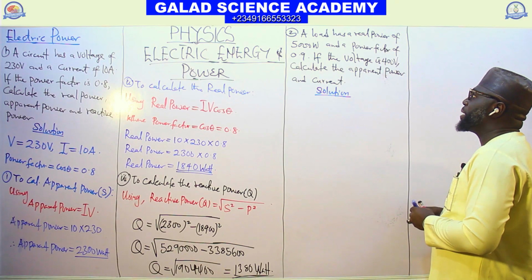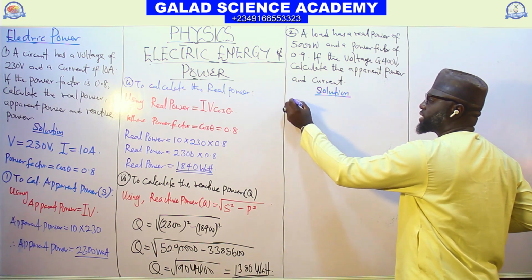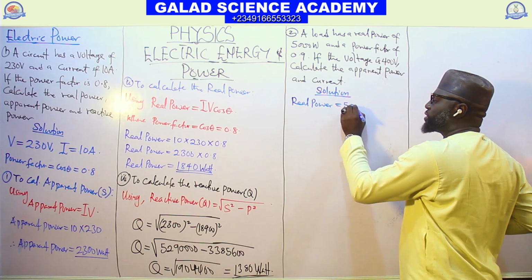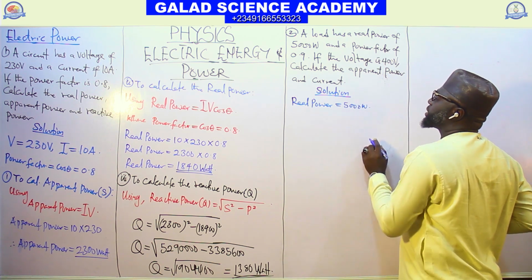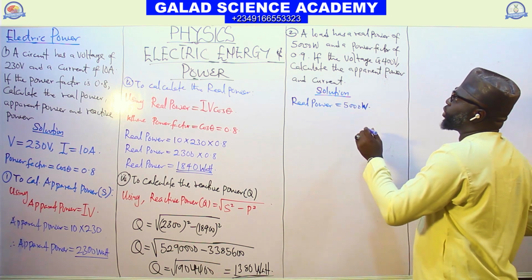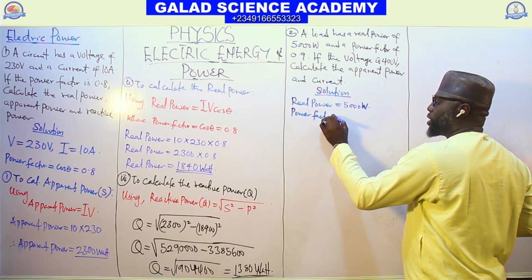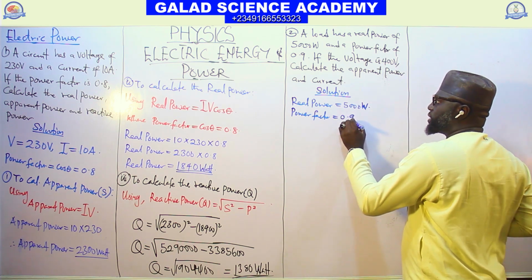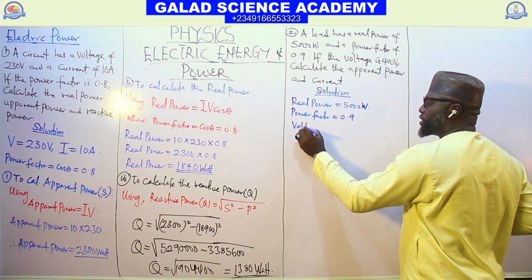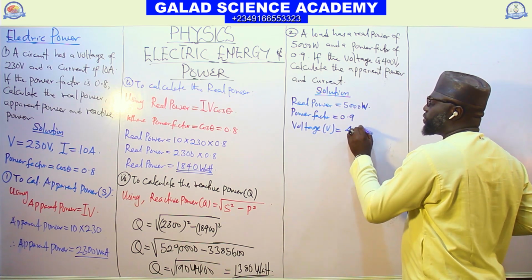A load has a real power of 5,000 watts and a power factor of 0.9. If the voltage V is 400 volts,